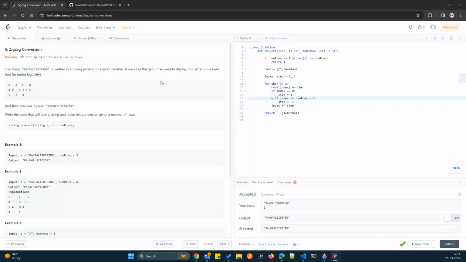So the sixth question in LeetCode is the zigzag conversion. Basically we'll be given a string here. Let's say that it's "PAYPALISHIRING". And we'll have to write it in a zigzag format first. And once we write it in a zigzag format, then we'll have to